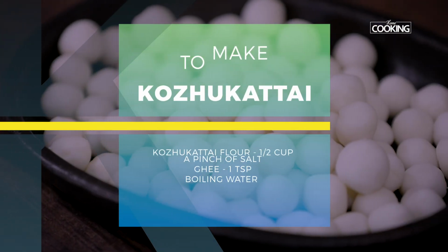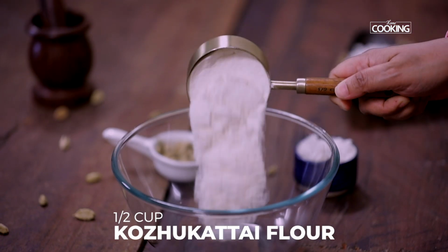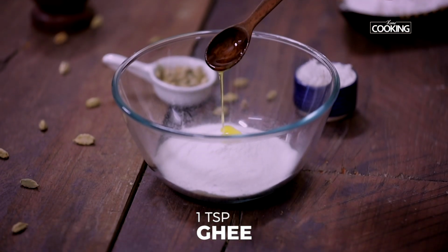For the Paal Kolukattai, first I'm going to make the Kolukattai balls. For this I've taken half cup of Idiyappam flour or Kolukattai flour. To this I'm going to add a pinch of salt, 1 teaspoon of ghee,